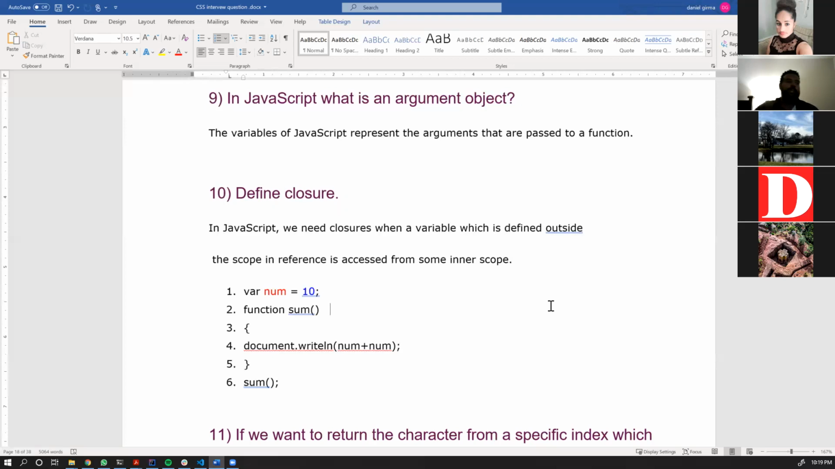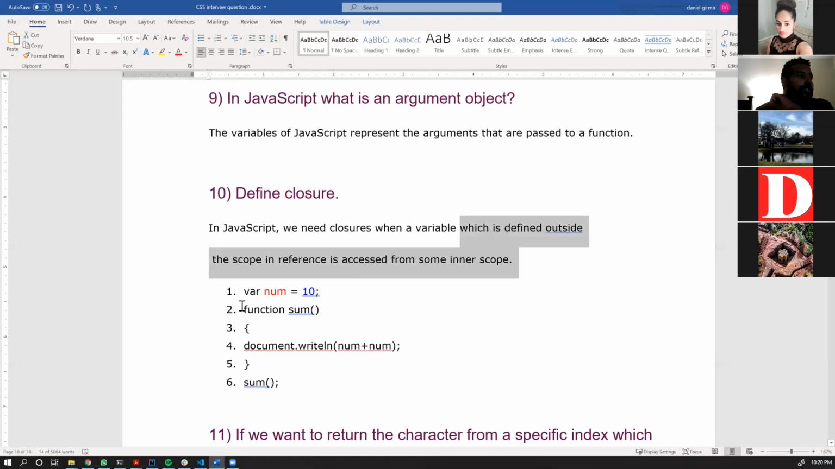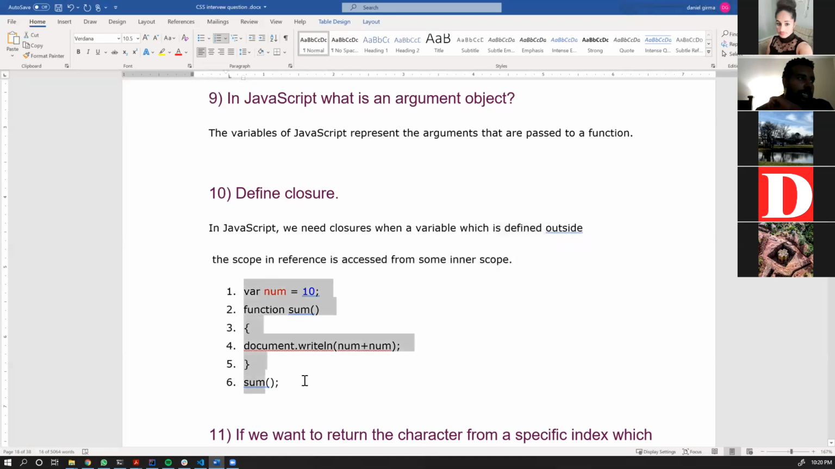Variable scope የሆነ variable ከሆነ ከስኮፕ ውጪ ከሆነ ማግኘት አንችልም። So ስኮፕ ምን ስንል ምን ፋንክሽን ውስጥ ከሆነ ዲክሌር የተደረገው። So this is like some kind of trick way to access እንደዛ አይነት ነገር ነው ግን። So we need closures when a variable which is defined outside the scope, I mean, okay? That and reference is accessed from some inner scope. So አሁን እዚህ ጋር ይሄ ነገር ዲክሌር ተደረገ።